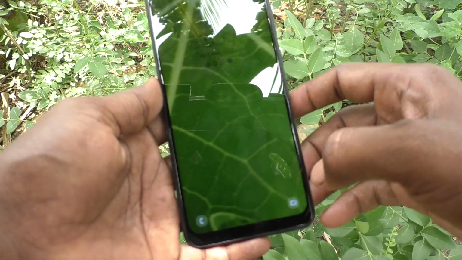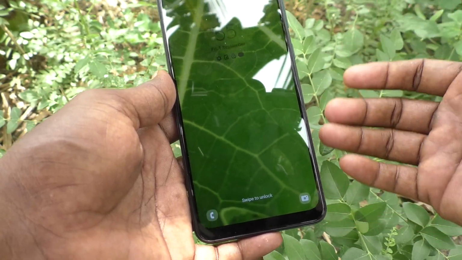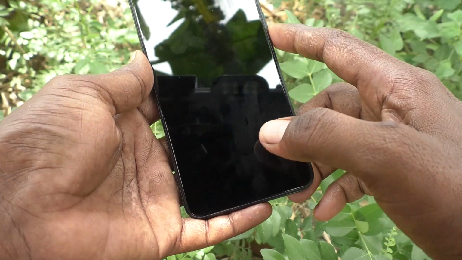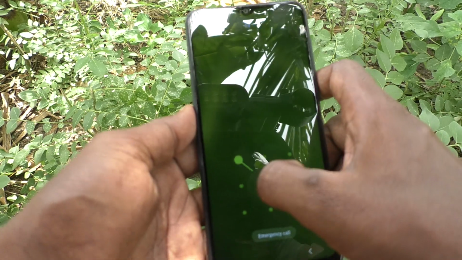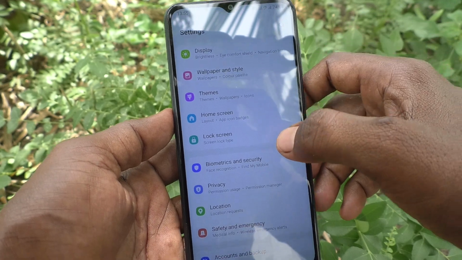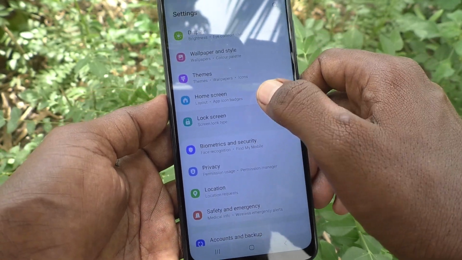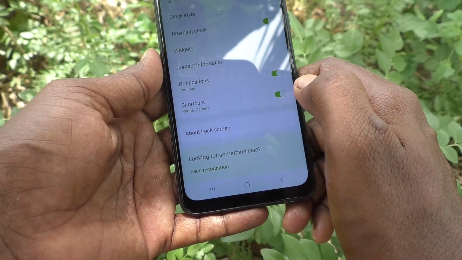Okay, so suppose if you don't want that usage, if you want to remove this camera shortcut, yes, you can do it. What you have to do is just first go to the settings of a phone here, then go to lock screen, and here you will see shortcuts option, and in the shortcuts